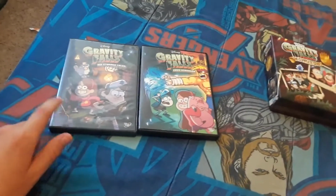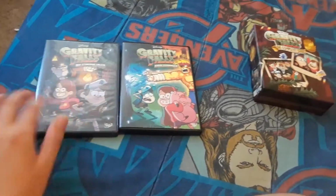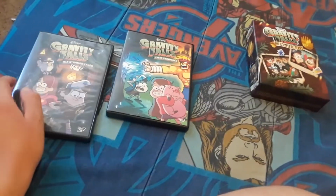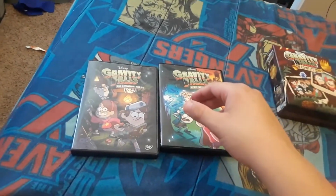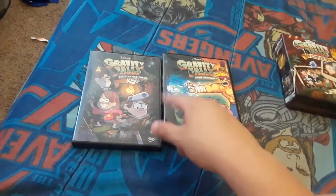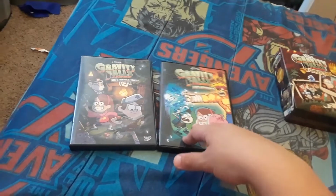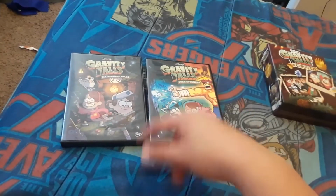Sadly, there are no special features on either of these two DVDs, besides the journal that's included in here as the little extra gift. Which is a bummer, since Gravity Falls is such a great show, and it would have been really nice if these two DVDs had extras. But luckily, I don't need to nitpick about that anymore,